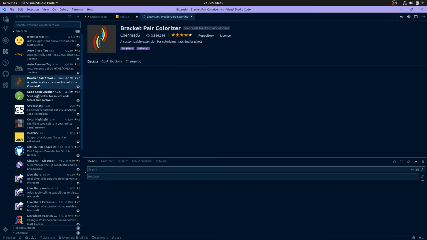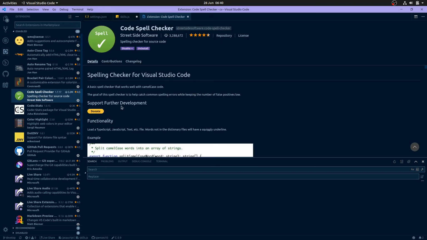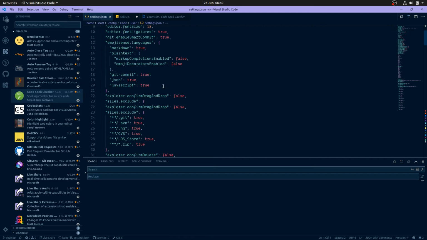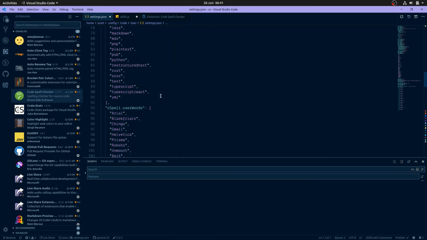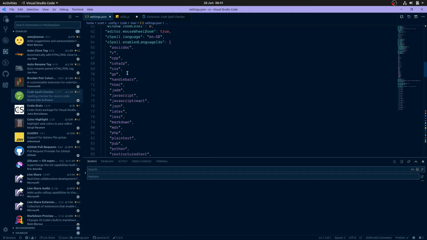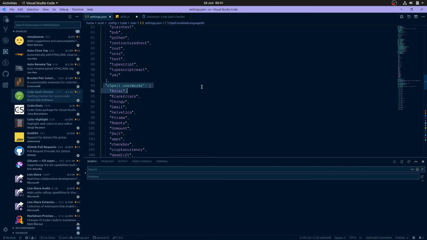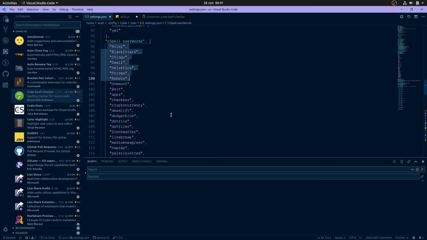Bracket Pair Colorizer, we've gone over that. Code Spell Checker. This helps eliminate a lot of errors in my code for me, just from not being able to type properly. If you have a misspelled word, it'll give you some syntax highlighting there. And in my settings for Code Spell, I've got a lot of enabled languages, which it checks in. I think I've just done the default, putting everything there,